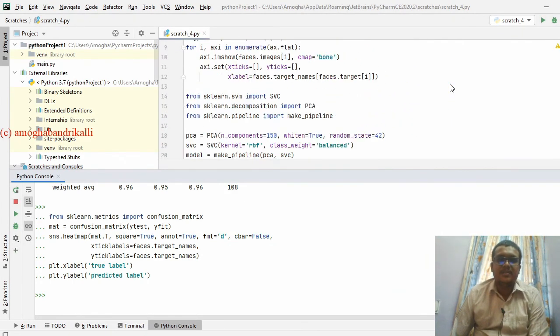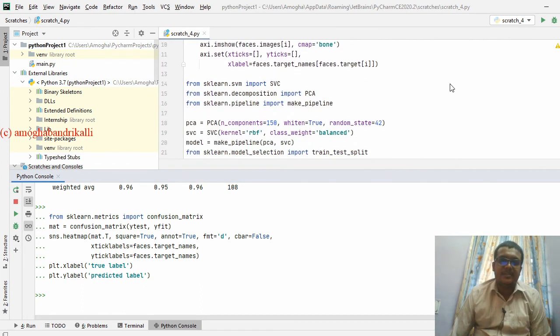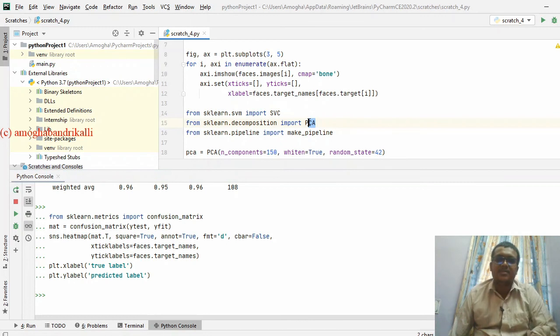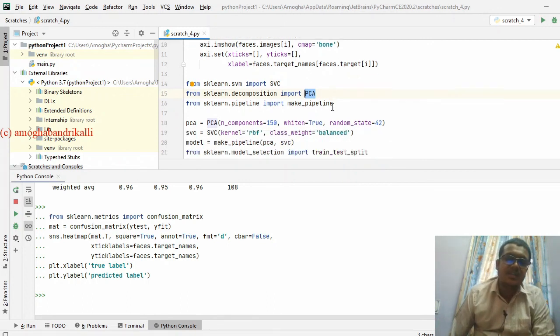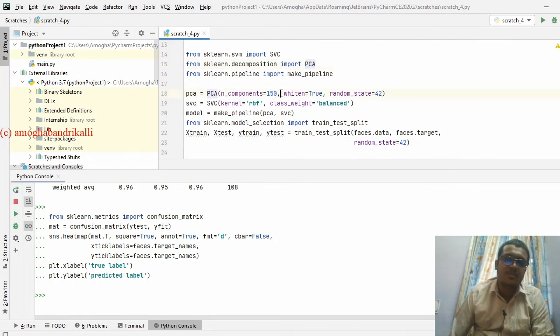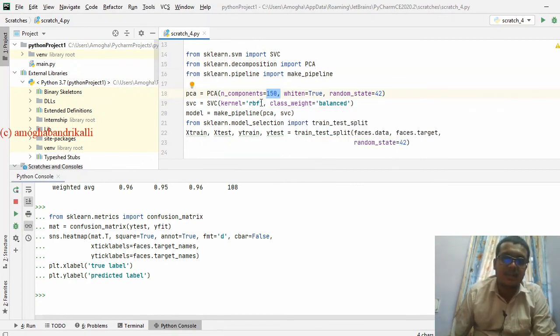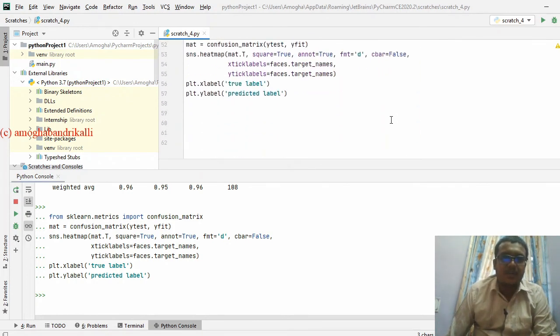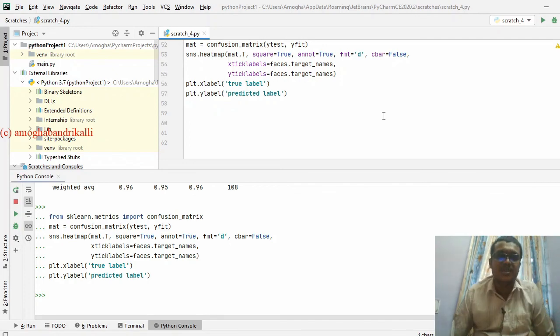So this is almost an easy task. The first thing is to import the data set and train using PCA first. We use PCA to reduce the image pixels from 3000 to 150. These 150 features are given to the SVC, and we are using a radial basis function, and we are going to predict the respective names. So fine, this is all about classification of images using SVM.